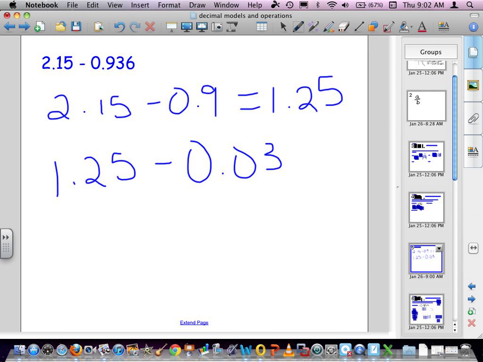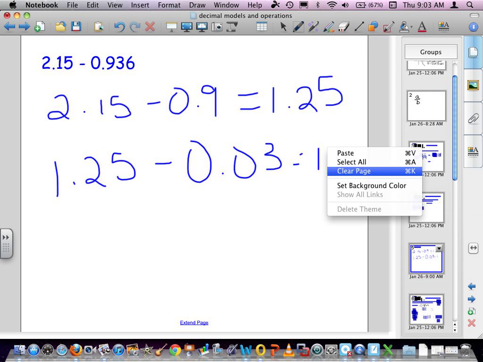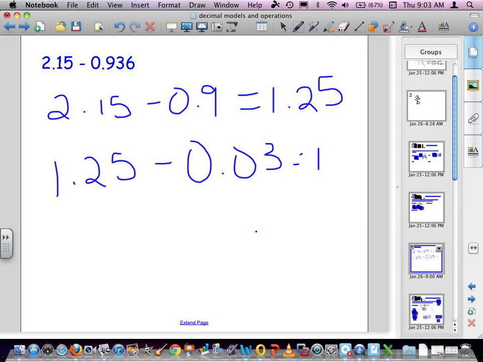How would I do that? 1 and 22/100. Okay, that one's a straight addition, right? Or straight subtraction. Because I don't need to regroup or anything. There's 5/100ths there. I need to take away 3/100ths. That's easy to do. So now I have 1.22 minus